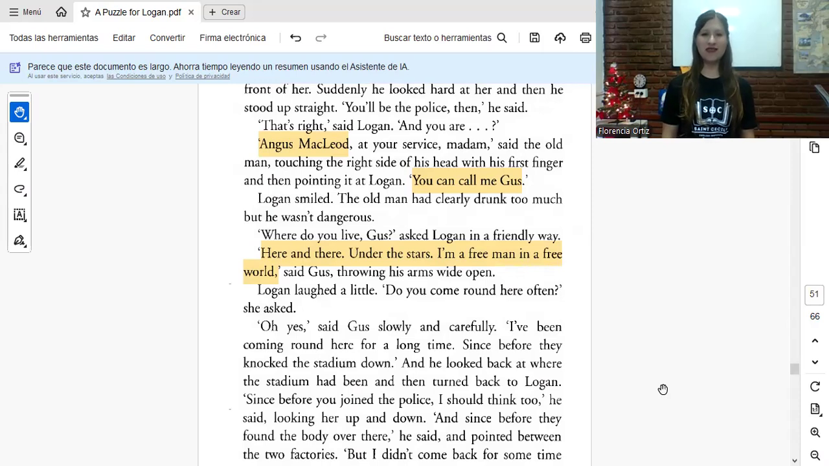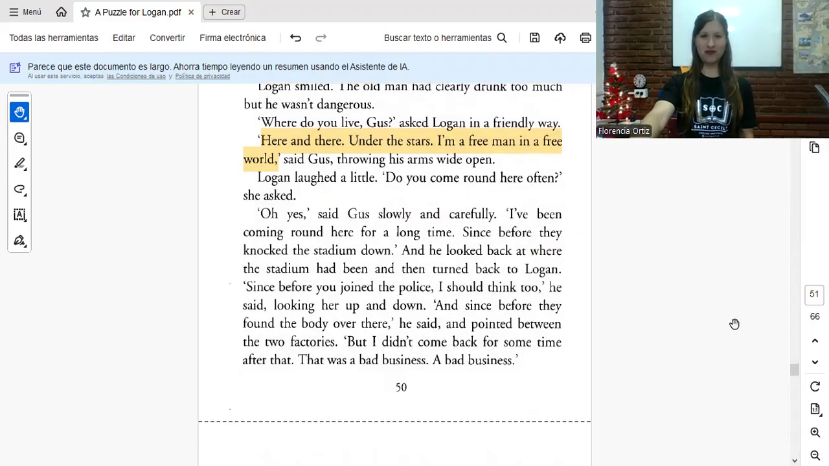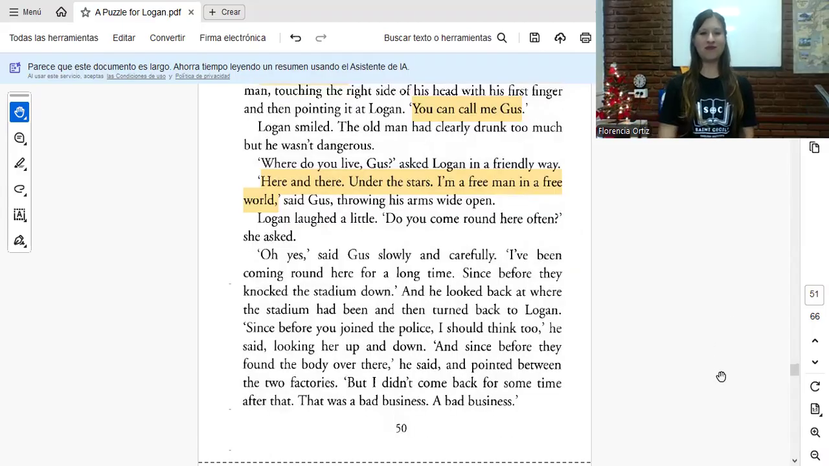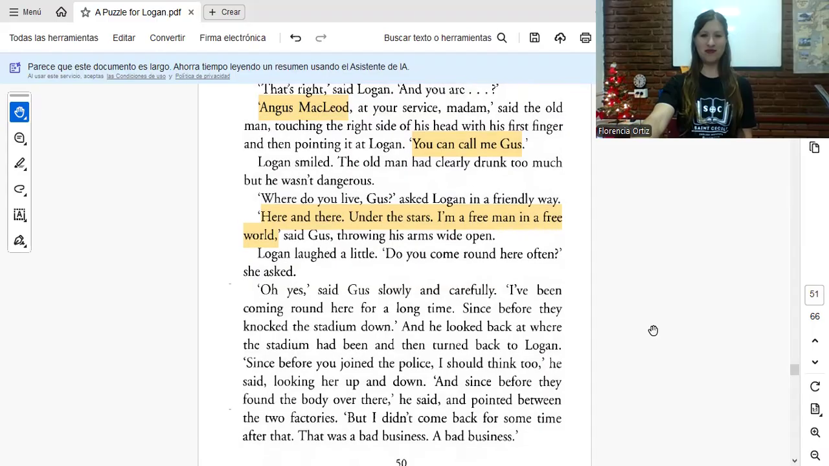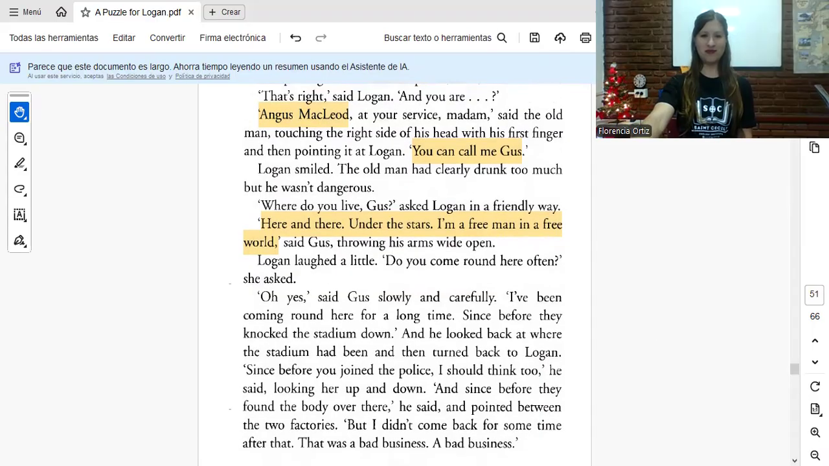"Okay, Gus." Logan smiled. The old man had clearly drunk too much, but he wasn't dangerous. "Where do you live, Gus?" asked Logan in a friendly way. "Here and there, under the stars. I'm a free man in a free world," said Gus,